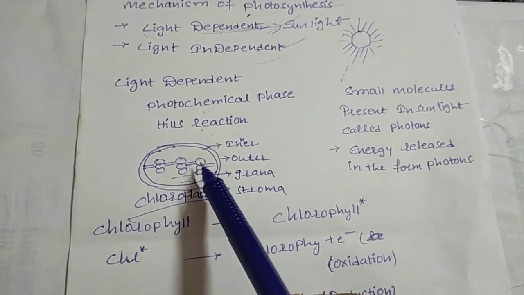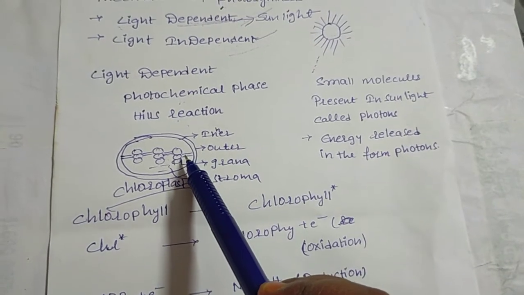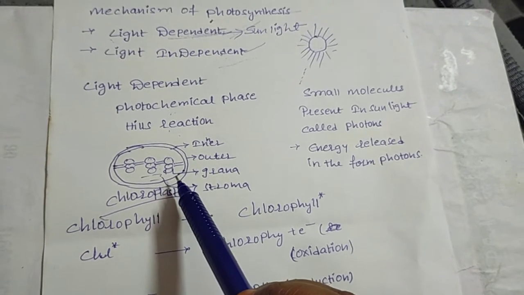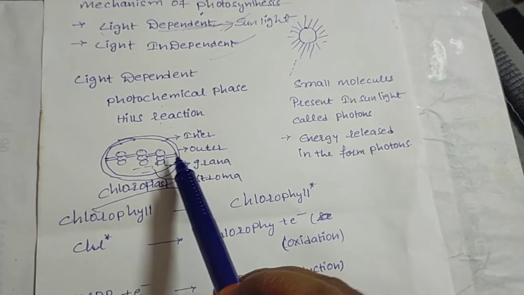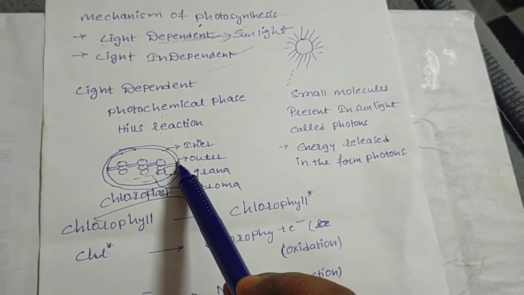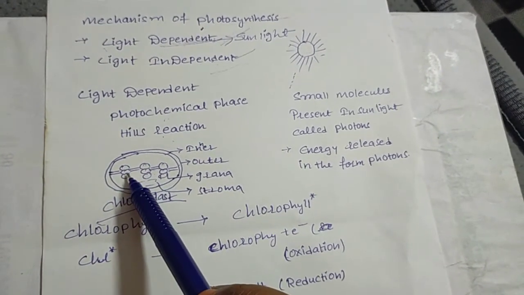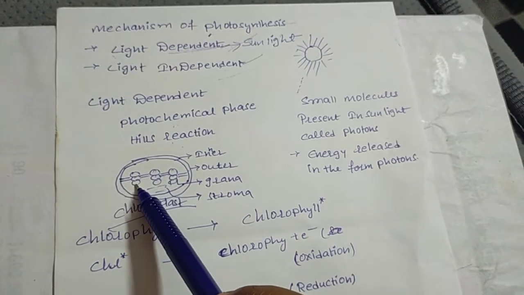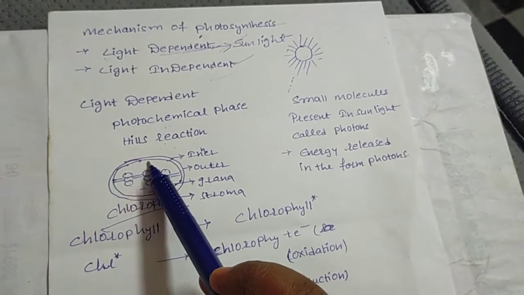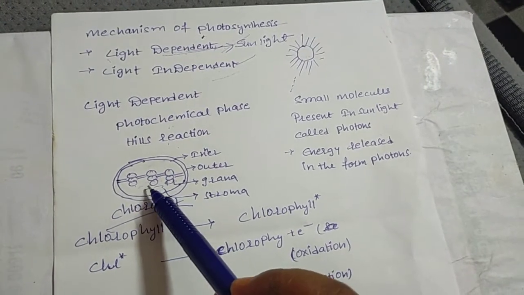This is a chloroplast. All the green parts of the plant contain chloroplast. Chloroplast is not present in all parts of the plant body, only in the green parts. Chloroplast is a three membrane structure. It has an inner membrane and an outer membrane, and these sac-like structures which are piled up one above the other are grana thylakoids. The empty space filled with fluid is called stroma. Is it clear?